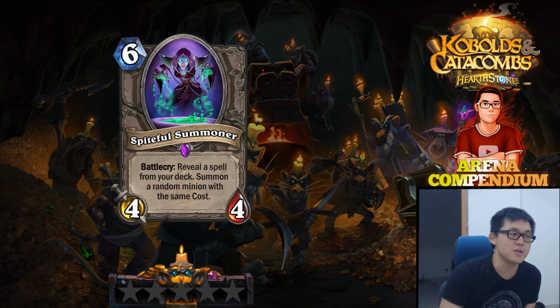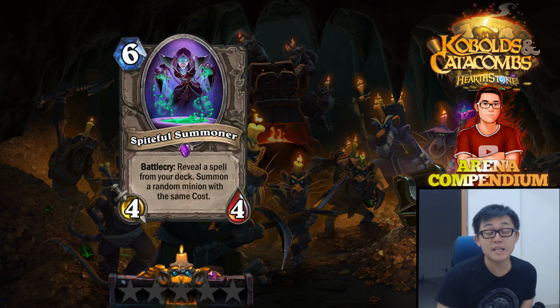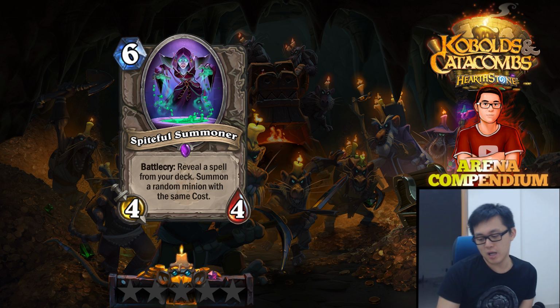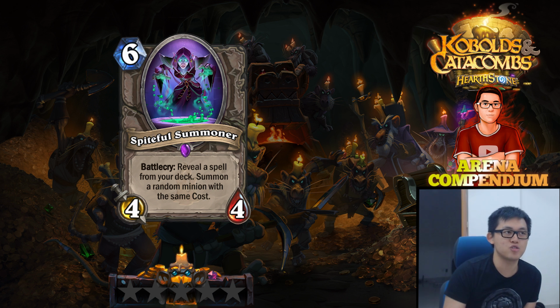Spiteful Summoner is a 6 mana 4/4 with reveal a spell from your deck, and then you get a Forbidden Shaping based on the cost. Really powerful card. Really, really good. I can't imagine a class other than Warrior that has trouble finding actual spells. And the fact that it can actually summon an insane minion that can just end the game means that this